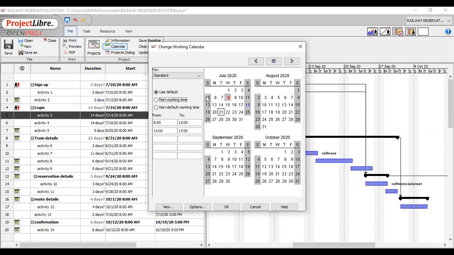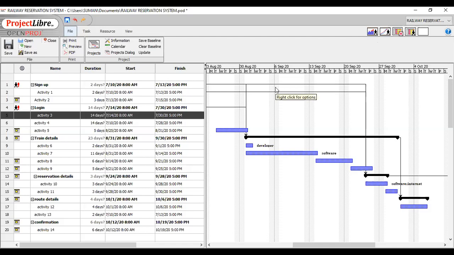Suppose I want to include this weekend day as my working day, so I just click this and now click on the non-default working time. You can check here that the gray background disappears and this non-working day is now a working day. Also, by selecting this option, we can set specific work hours for this day.